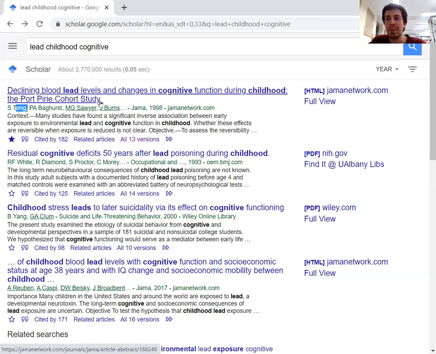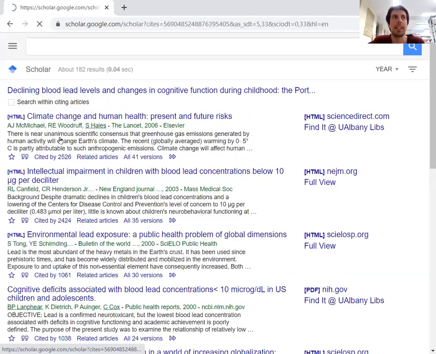Let's say this is the most relevant and interesting and potentially useful article you've ever seen in your life, and you want to know what these 182 people who have published papers since thought was so useful about it. By clicking on this, Google Scholar will show us all of the papers that have cited that paper that had this title